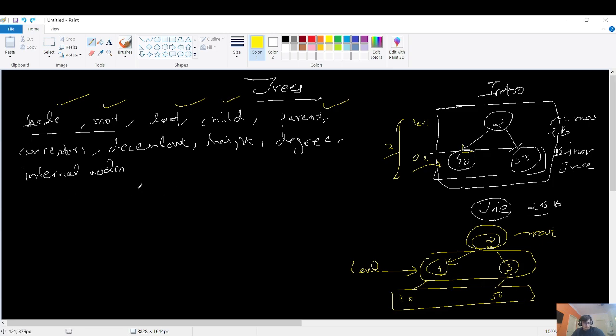Then go the internal nodes, which we already explained. Then there are some types of trees. We will discuss that in the next lecture maybe. The types of trees, we'll start with the next lecture. And